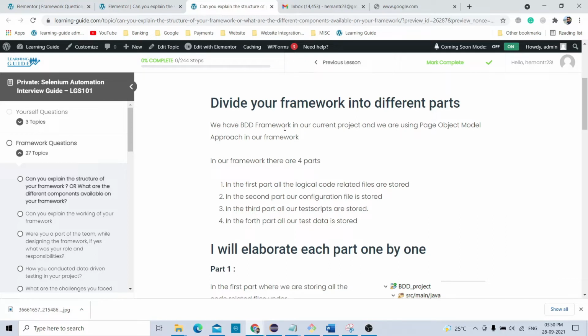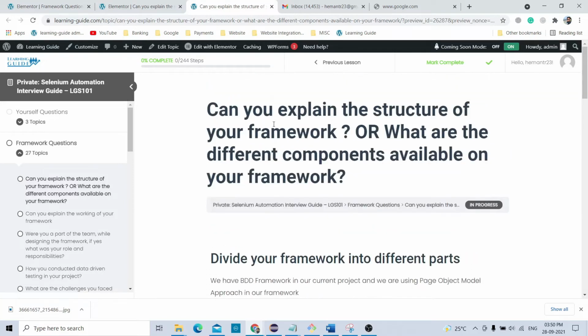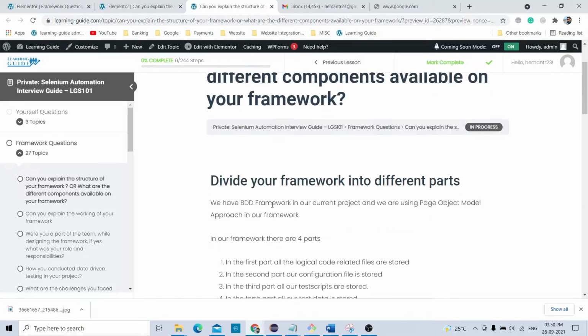So we have a BDD framework. First you have to say what kind of framework you have. When you start your answer, you have to explain what the framework type is. So we have a BDD framework in our current project.